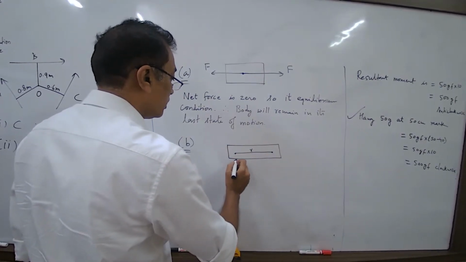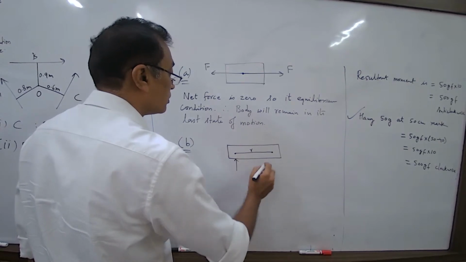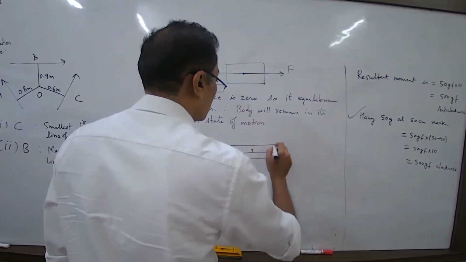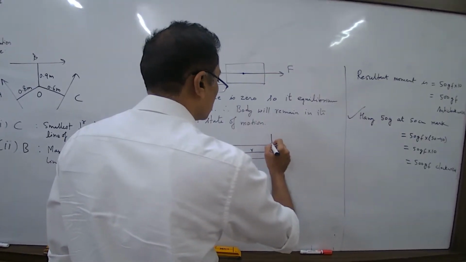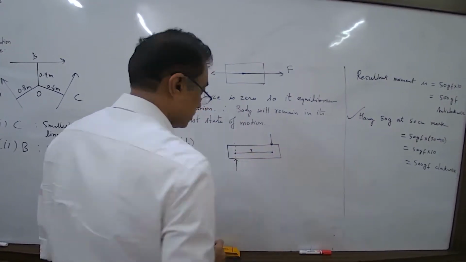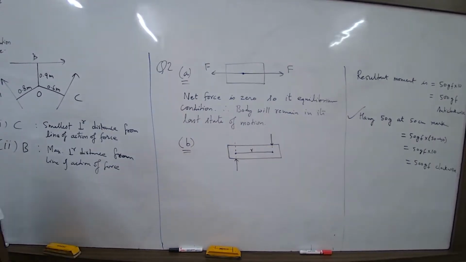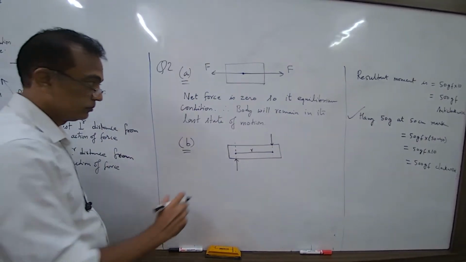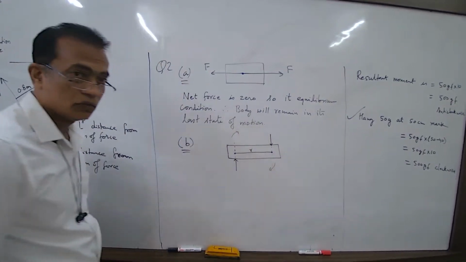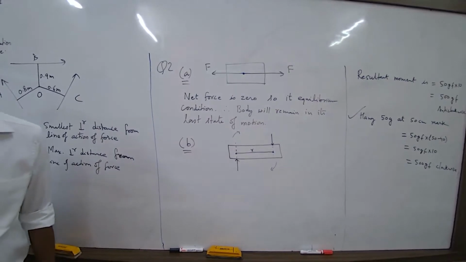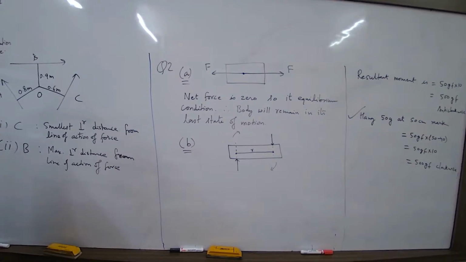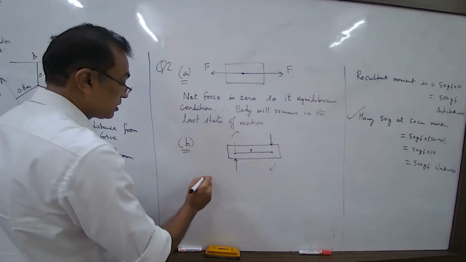Now, the forces are acting in this direction, right? But in the opposite direction. And here it is acting in this direction. Now, what will happen? Since two equal and opposite forces are acting, it will create a couple. Okay, so what effect will a couple produce? Rotation, right? So in this case,